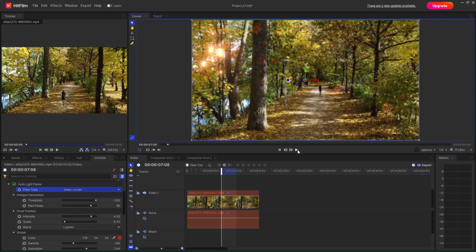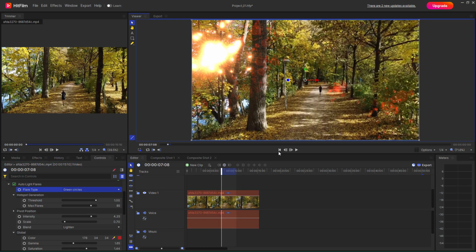And that is how it works. So that is how you can work around with anamorphic lens flare and auto light flares inside of HitFilm. So I hope you guys learned something as